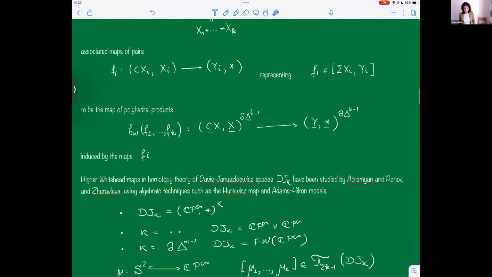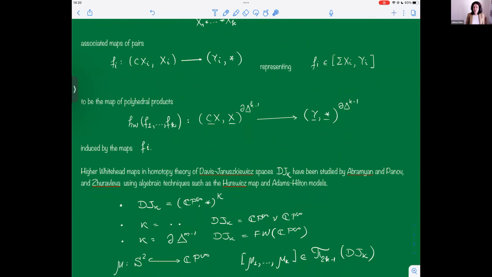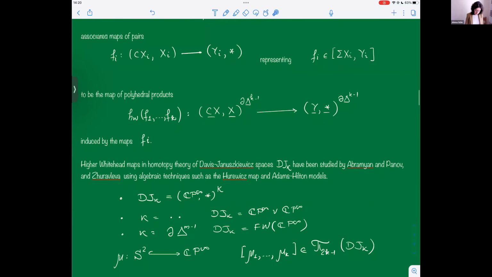So high Whitehead maps have been studied in the homotopy theory of Davis-Januszkiewicz spaces, a particular example of polyhedral products. And we have real nice results from Abramyan and Panov, as well as Zhuravleva, who used algebraic techniques or methods such as the Grbić map and Adams-Hilton models to study high Whitehead maps in the homotopy groups of Davis-Januszkiewicz spaces. So just quickly,